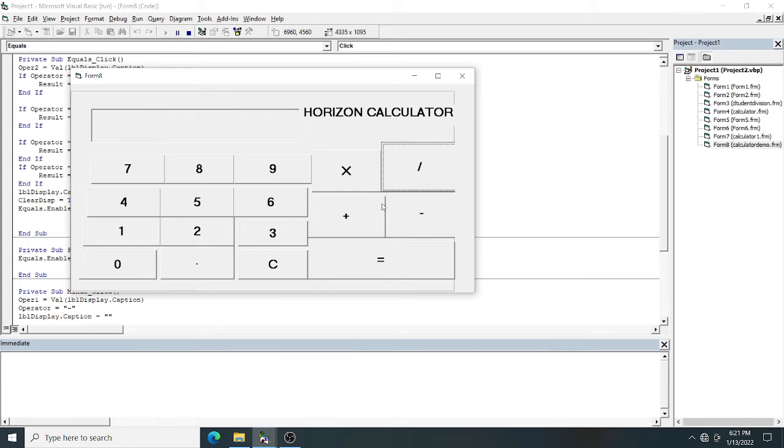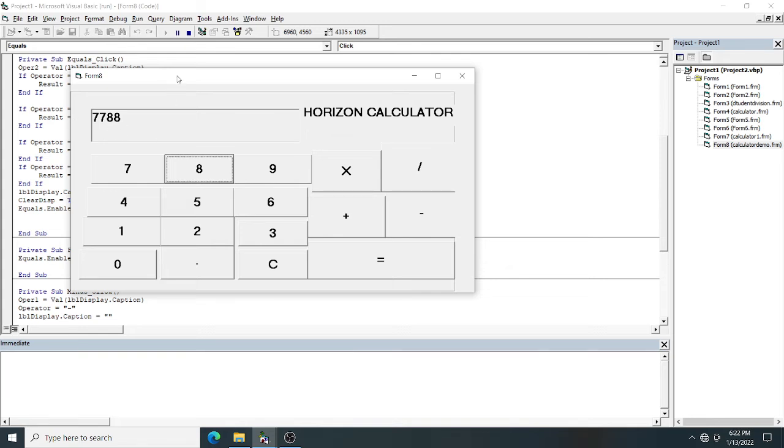And here the operator, this equal button got enabled. After any operator is clicked, it gets enabled. After that if you press any number, then you have to press the equal button. When you press the equal button, this value has to be stored in operand 2.